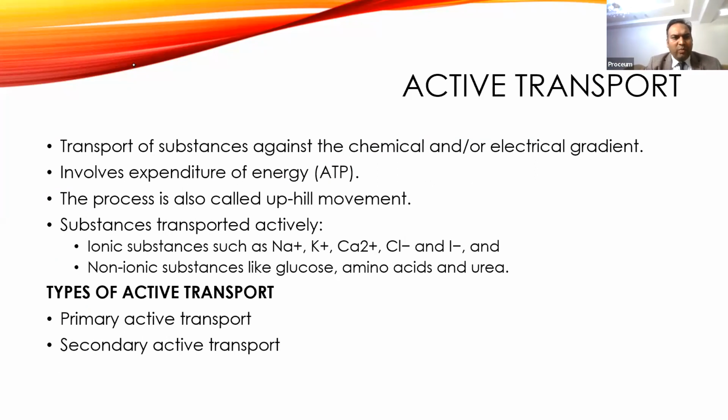Based on the way they use energy, active transport is divided into primary active transport and secondary active transport. These are the transport mechanisms which use carrier protein or transport protein as their channel to transfer the substances from one side to the other side of the membrane. Apart from this, one more mechanism of active transport is